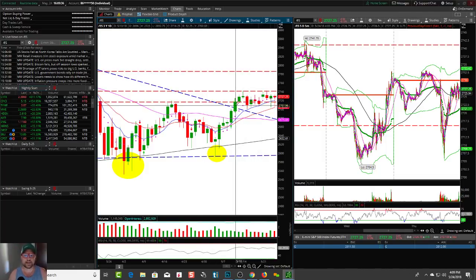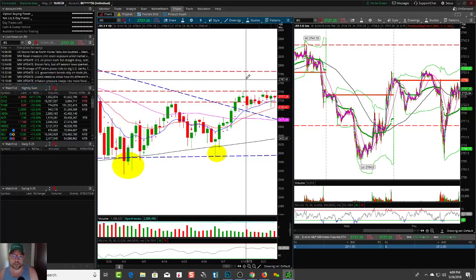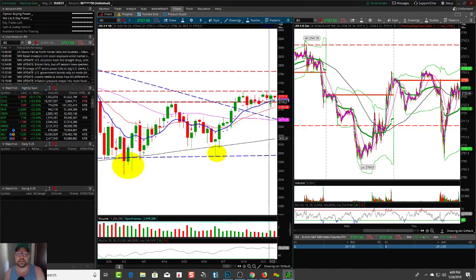So you can see here today, the futures right here at ES. You've got this hammer right above the 9 EMA, which is potentially a good sign if you're bullish, but it's still trading in the handle of a cup and handle, right? So it's bouncing, it's not closing below the 9 yet. Ideally, if you're bullish, you want to see price on the 9 EMA push out above that 2740-ish marker